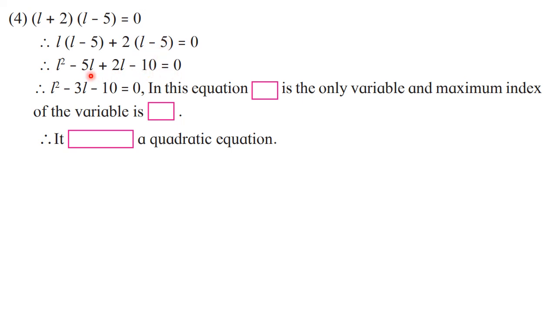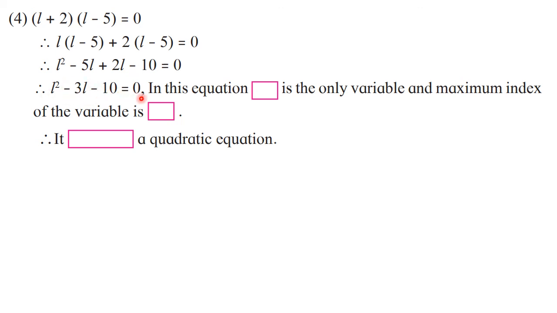So what we can observe here, these middle two terms are like terms. So we can add or subtract them. Here we can see that their signs are opposite. So we are going to subtract the numbers. So 5 minus 2 is 3. But 5 is the bigger number, so the sign of 5 will be continued. And the answer is minus 3L. First term L square as it is and the last term minus 10 as it is. Only the answer of the middle two terms is minus 3L. So L square minus 3L minus 10